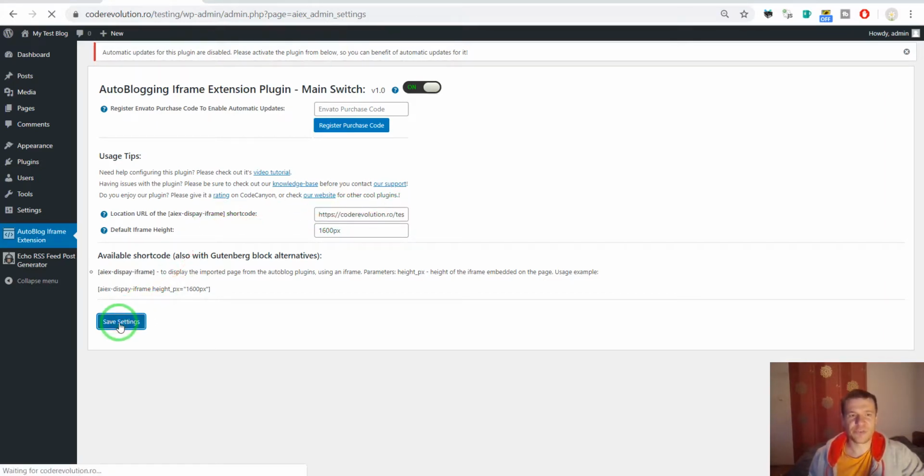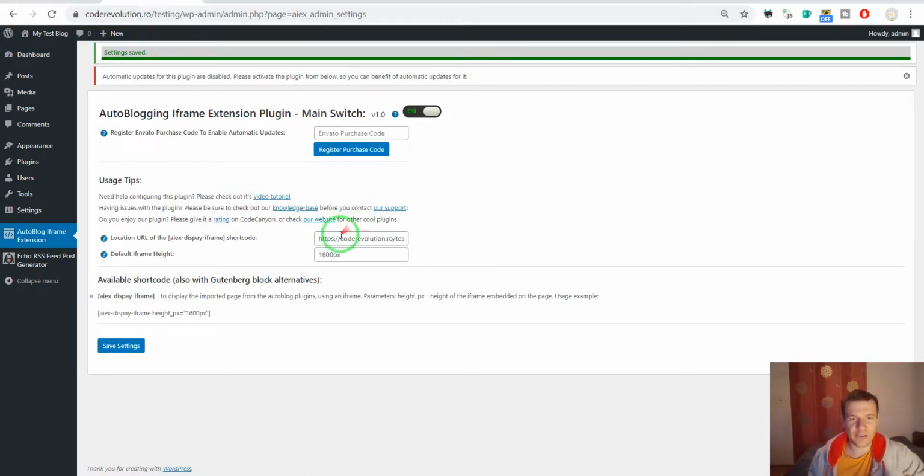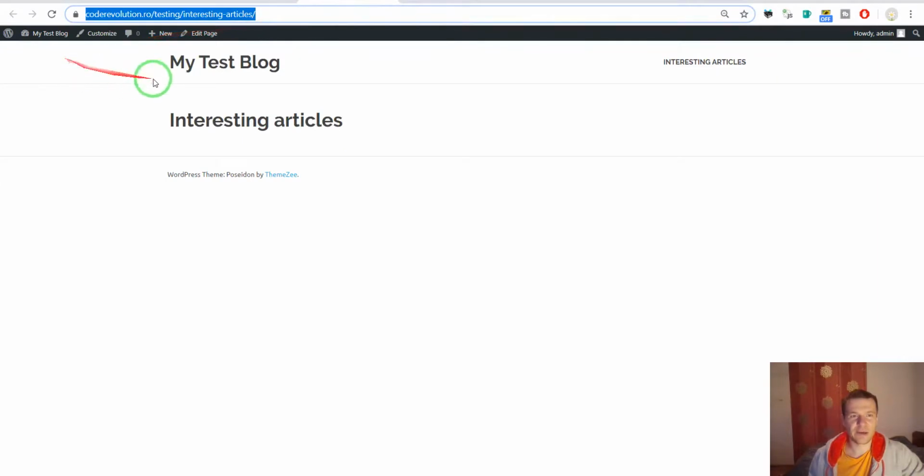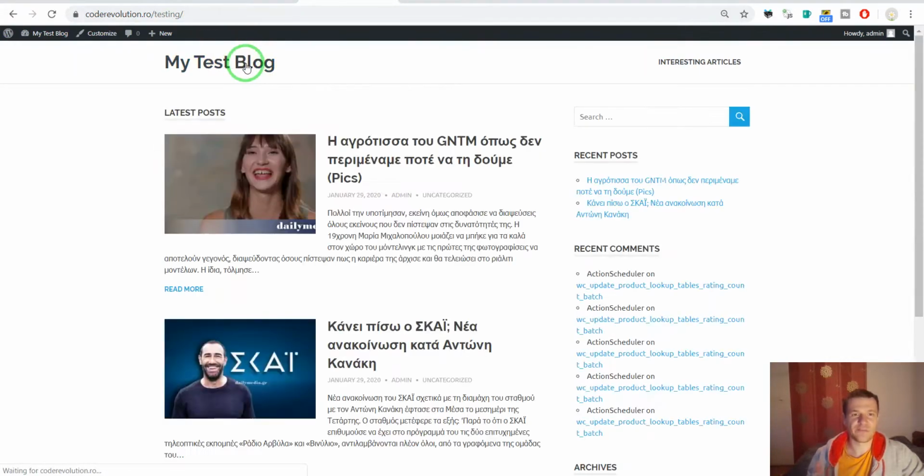Now all we have to do is save settings, and once we add these settings in the AutoBlog iframe extension plugin and we have it here activated, then we can go back here on the page and it will allow us to view posts in an iframe. So if we go to the main page of our blog, we will see that if we click on the title of an imported post, the post will not be open, but instead the iframe will open. So let me click on it,